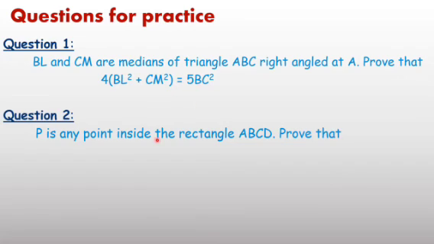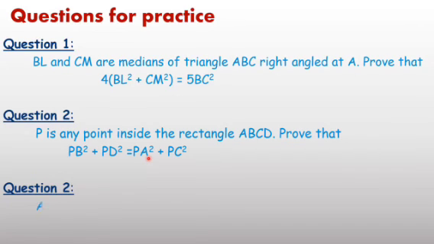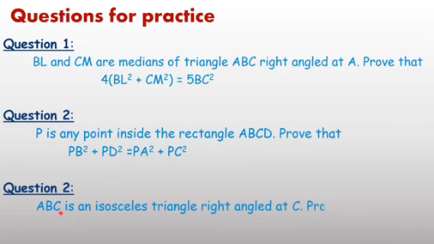In the second question, P is any point inside the rectangle. Then you have to prove PB square plus PD square equals PA square plus PC square. And next, question number 3. In triangle ABC, it is an isosceles triangle, right angle at C. Then you have to prove AB square equals 2 BC square. Complete and submit your